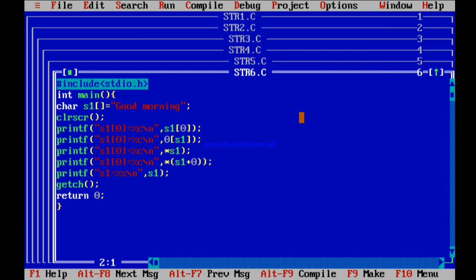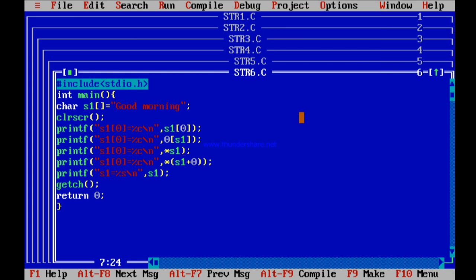Look here, I have declared a string called s1, and I initialized it to the string "good morning". So what I try to do here is print the first character of my string, that is s1 of index 0. Friends, I have discussed here various ways of displaying the character. You can take that index in place of the name of the array, and shift the name of the array to the index, that is inside square brackets, so that also works in the C language.